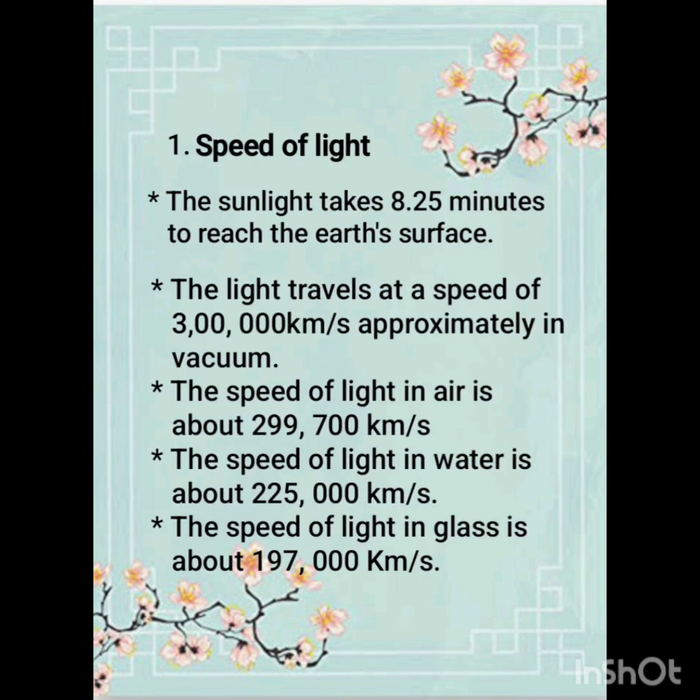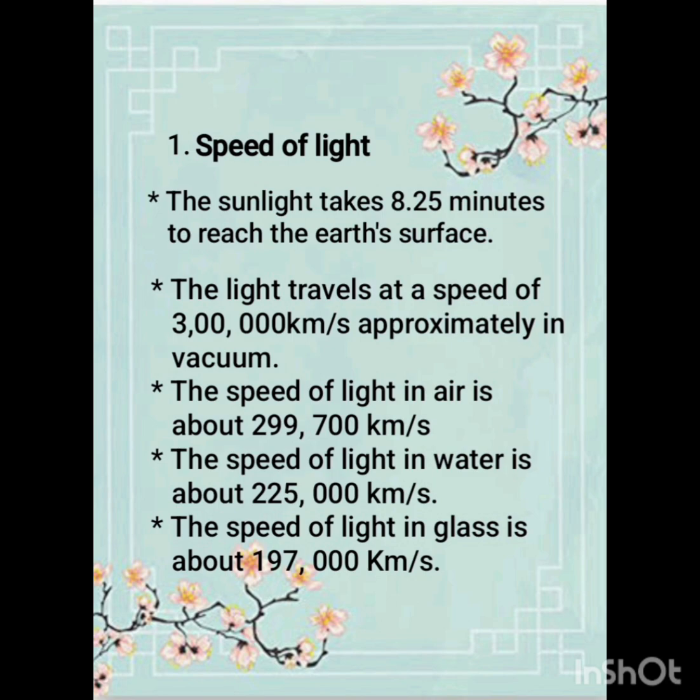First is the speed of light. Children, light is the fastest moving thing in the universe. An object traveling at the speed of light can travel around the world 7.5 times in 1 second. Sunlight takes 8.25 minutes to reach the Earth's surface. The distance between the Earth and the Sun is